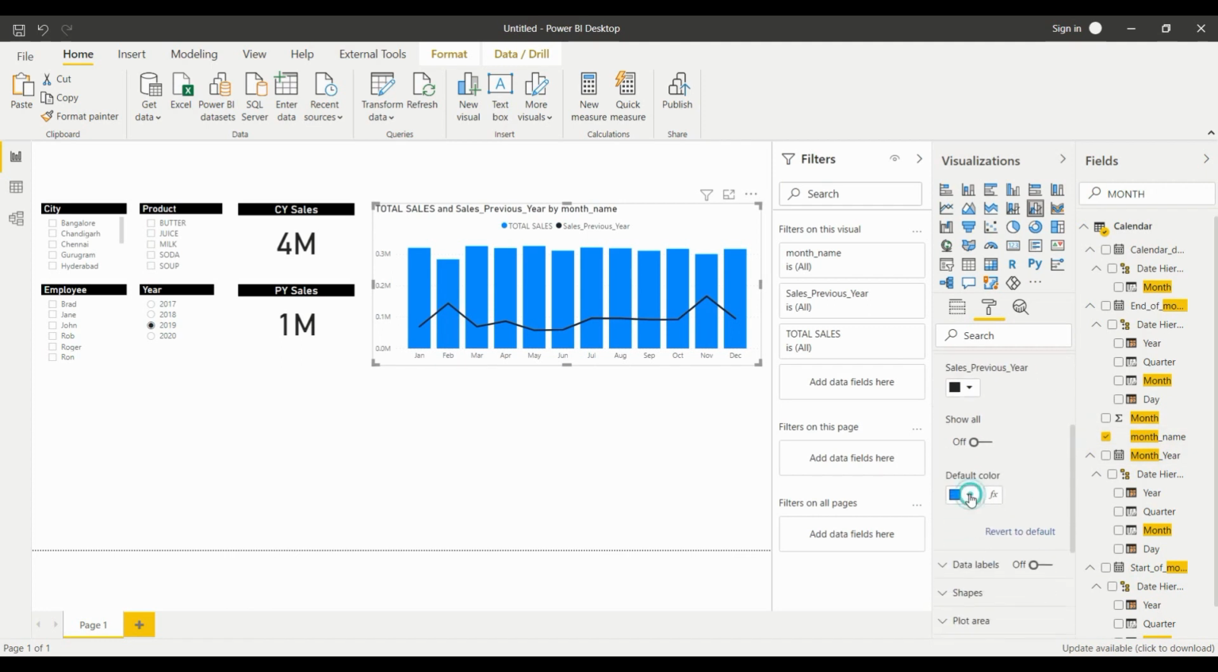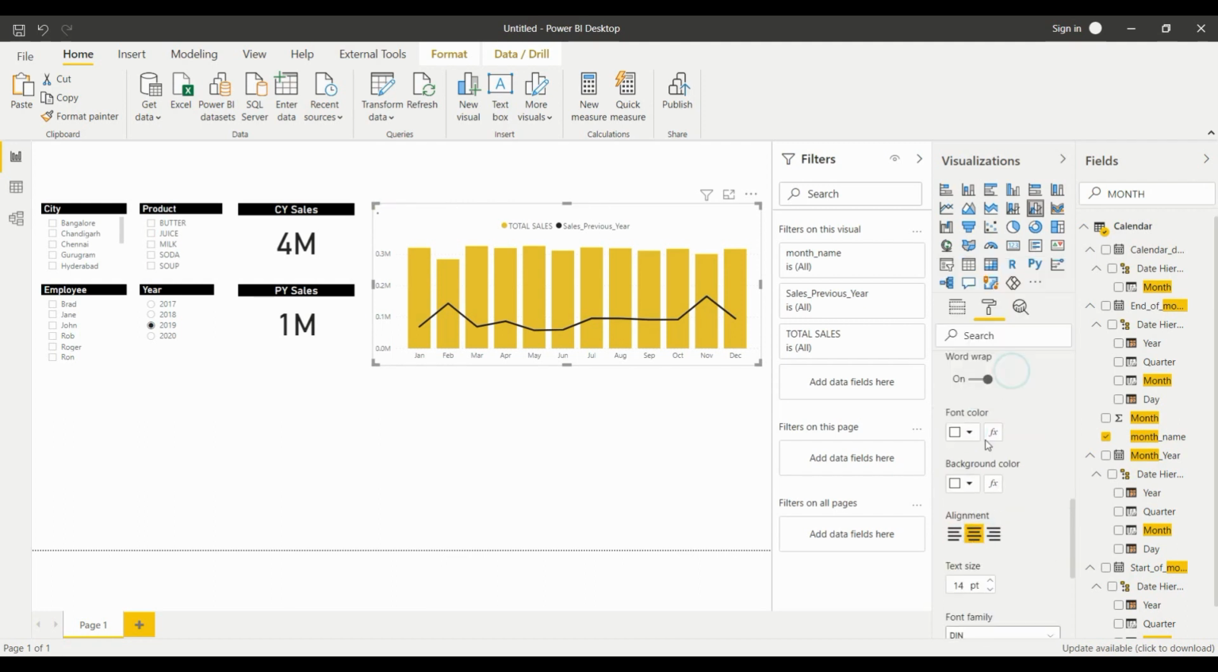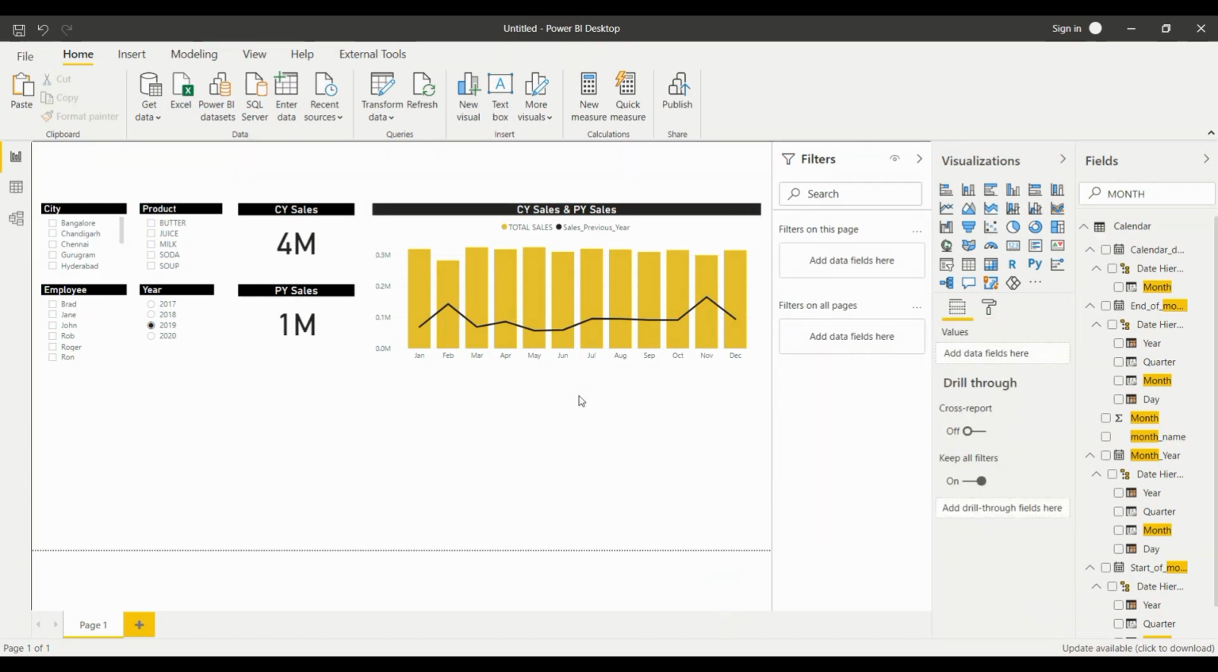Let's change our title text to CY sales and PY sales. We will change the alignment to center and we will change the font color to white and background to black to make it consistent. Let's increase the font size a little more and our graph is ready. We can see the month on month comparison. We can see how we did for a particular month when compared to the previous year or in comparison to